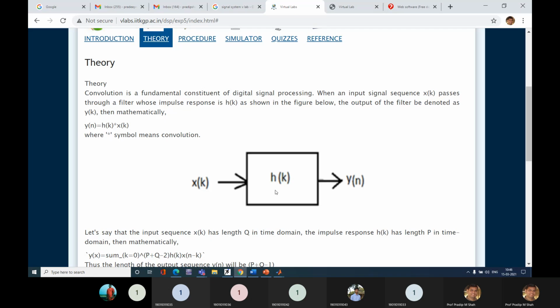How does the system respond for an impulse input? That is the meaning of an impulse response. Is it clear?